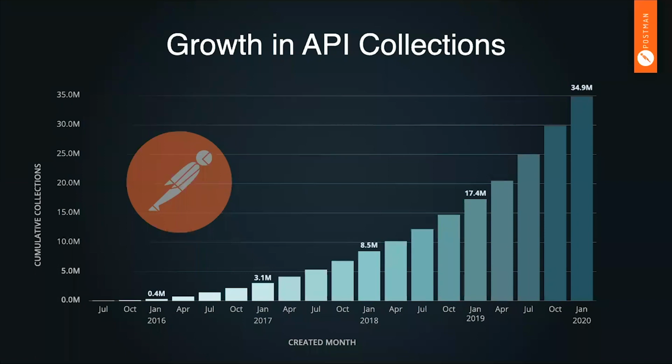Let's give you a little peek of what it looks like from inside here at Postman. In the last 5 years, this is the growth in API collections that we've seen. And if you're an avid Postman user, you know that each collection is full of requests that represent those API transactions that are happening on the web each day. This exponential growth has gotten us to almost 40 million collections here in 2020, setting the stage for some exponential growth in the next decade.